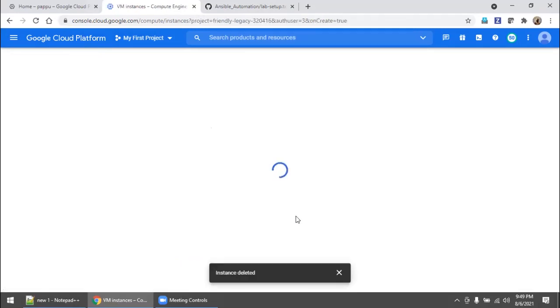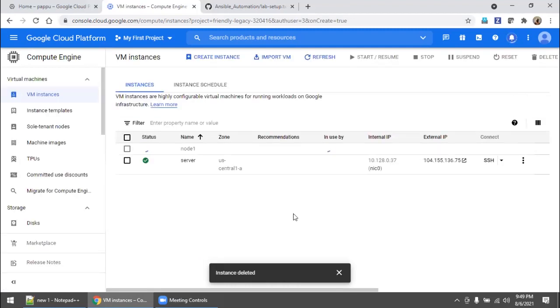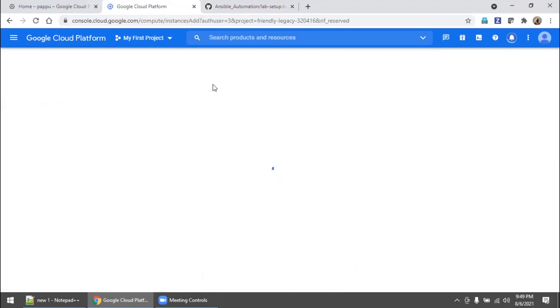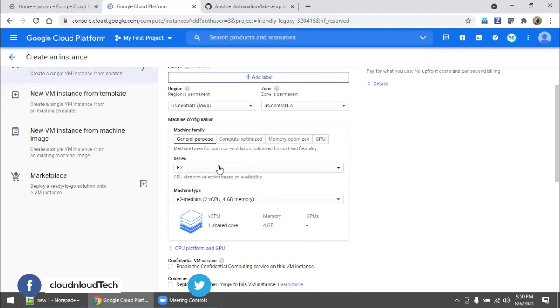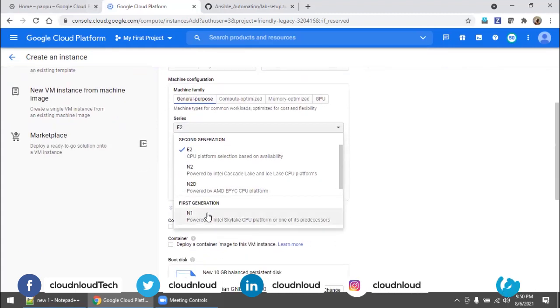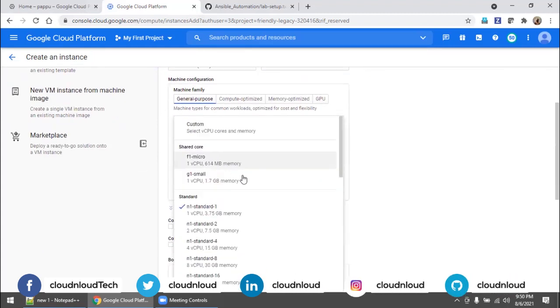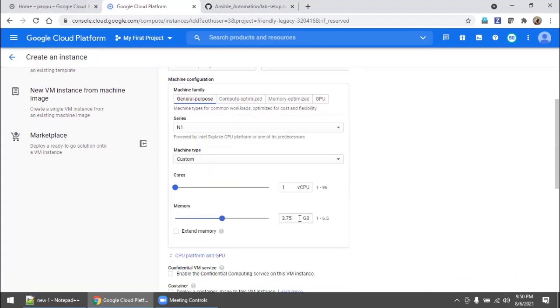Now node 1 has started creating, and we also need to create one more machine, which is node 2. I'm going to name it node 2, with the previous version configuration, custom, one CPU, 1 GB RAM.